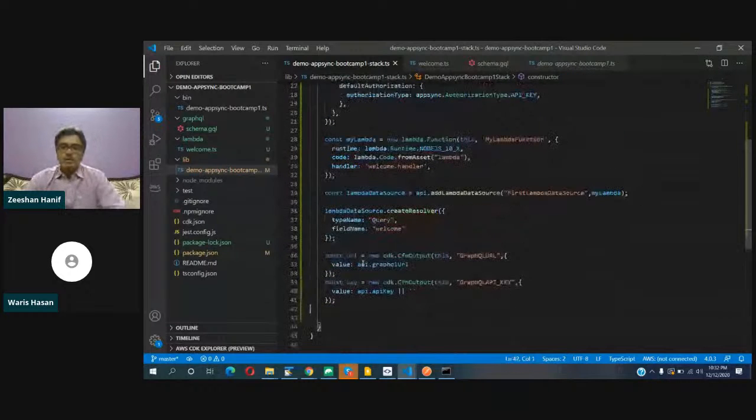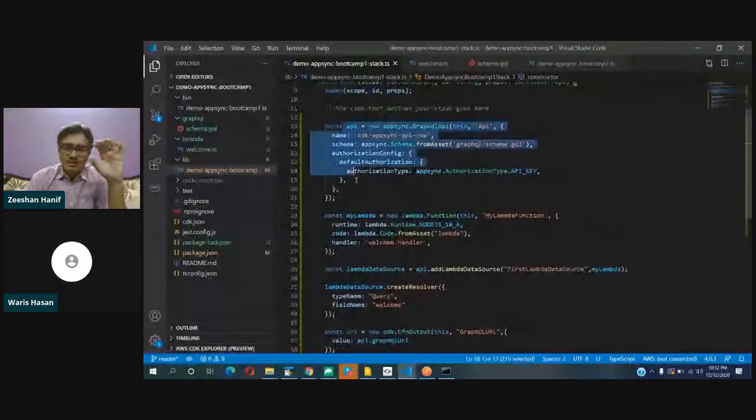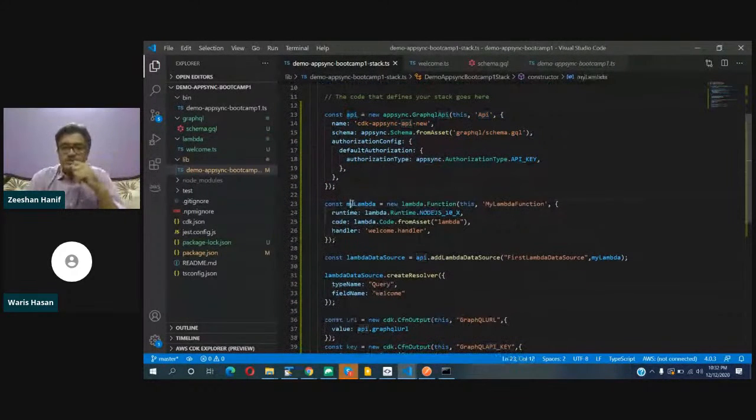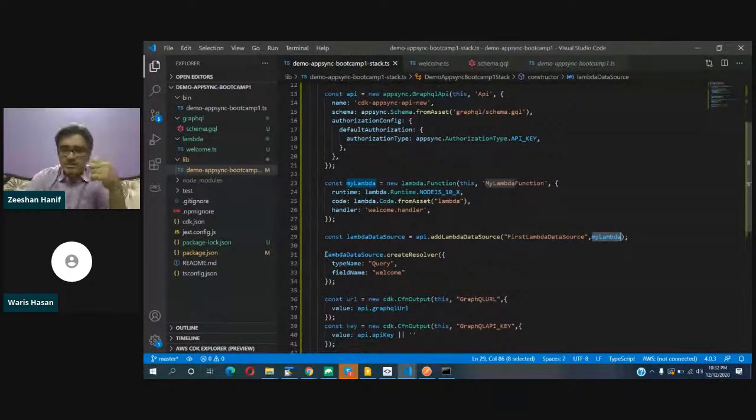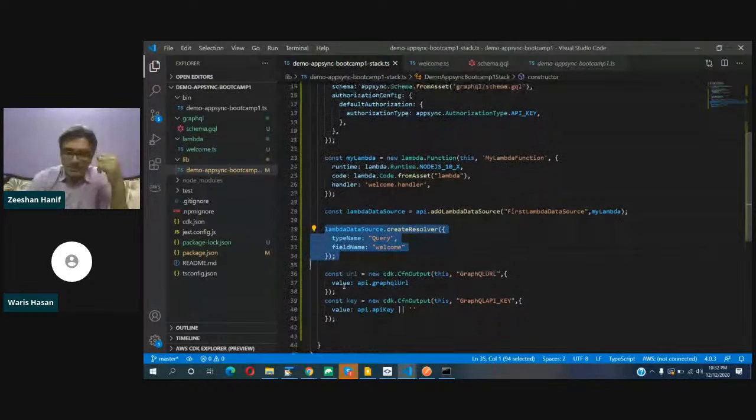Okay. So at this point, we have created a GraphQL AppSync object which generated the API. We have created the Lambda function construct, and then we connected both. So for the GraphQL API, we said we are using Lambda as a data source. And then on this data source, we are creating a resolver. Once I run this, hopefully without an error, it will give us a URL, and then on that URL, we can call the GraphQL query. But before that, I need to show you what is happening around. For that, we need to see